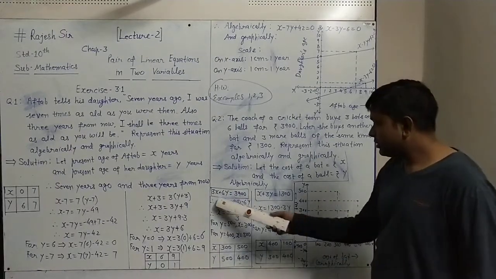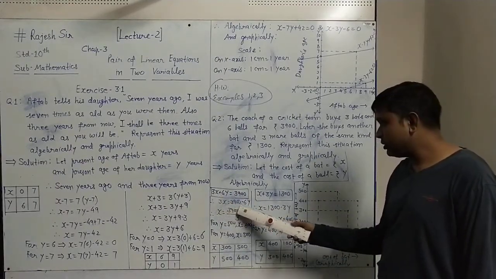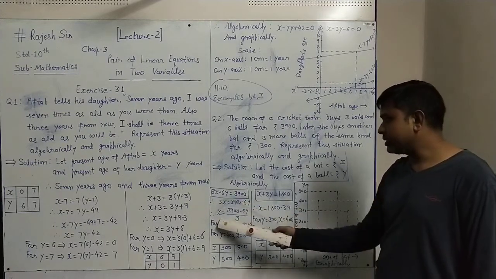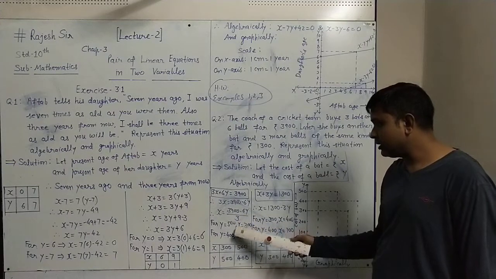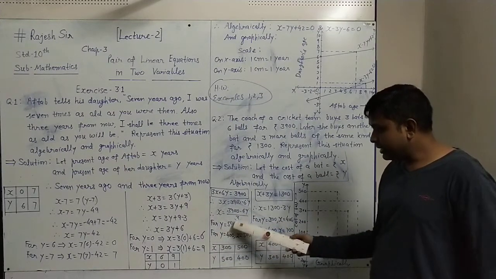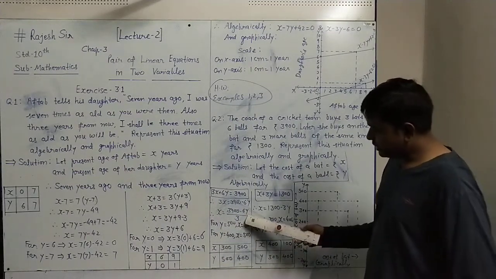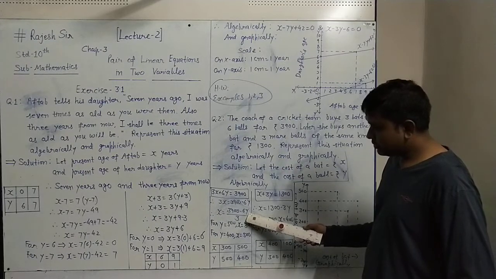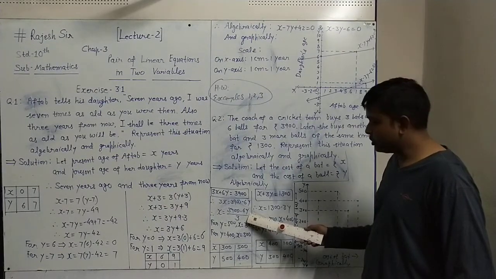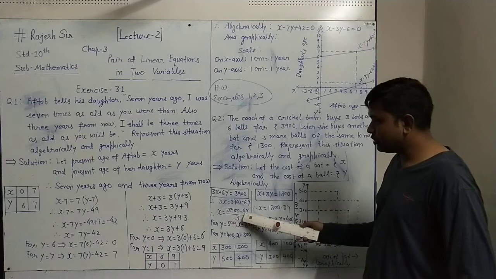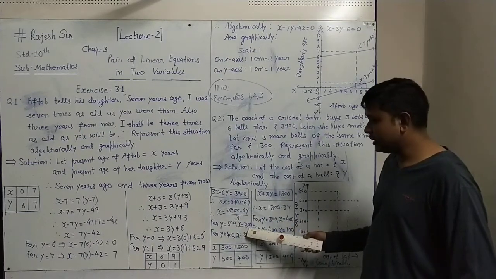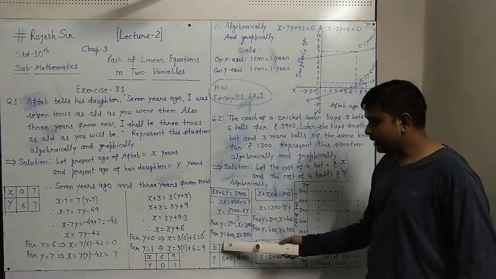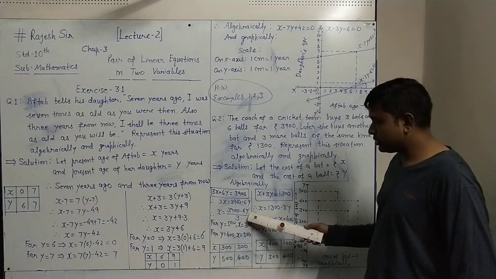From here, 3x equals 3900 minus 6y, and x equals 3900 minus 6y upon 3. If you place y equal to 500 here, 6 5s are 30, and 00 is 3000. 3900 minus 3000 will be 900. Divided by 3 will give x equals 300. For y equal to 400, if you place, 6 4s are 2400.